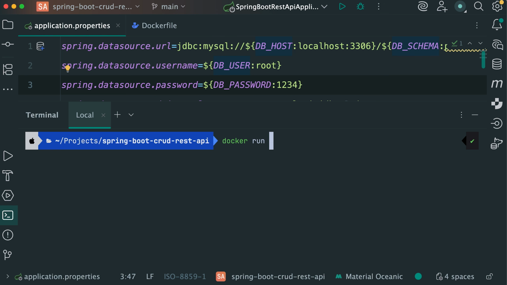Docker run. Here we can connect with the app-net network using --network. Then provide the name app-net. Now I'll define the environment variable with -e. First one is dbhost. This is the environment variable that we set for our database URL. Here, instead of localhost, we need to provide the container name. Another environment variable is dbschema and it is productdb. Next environment variable